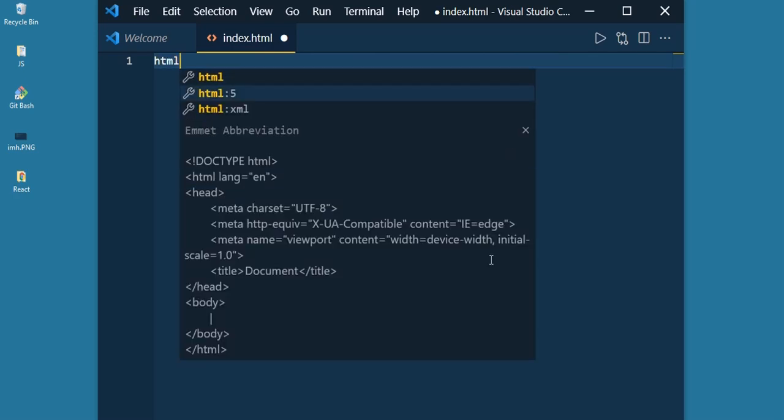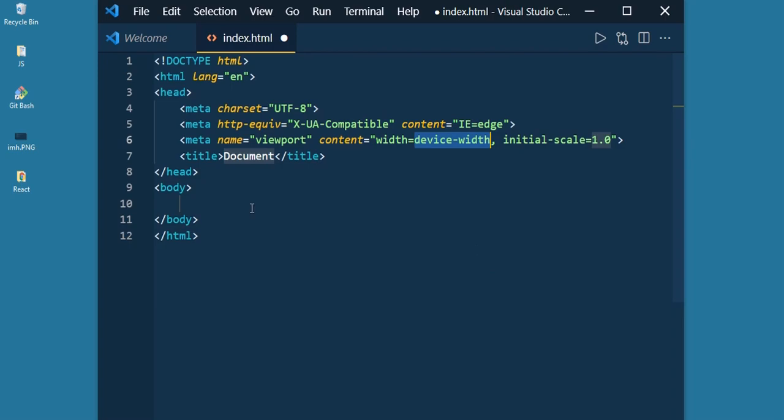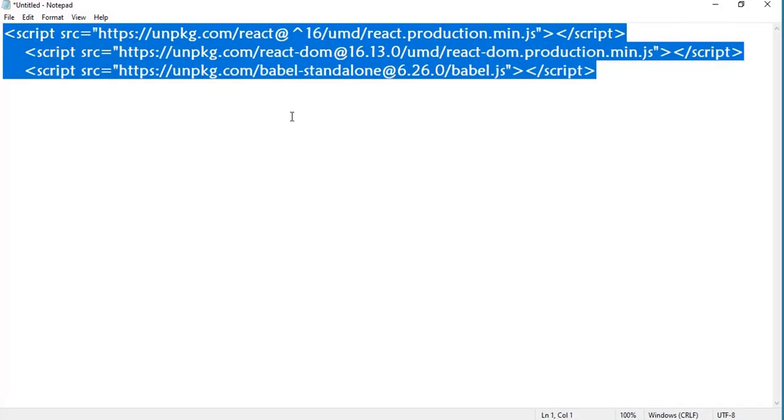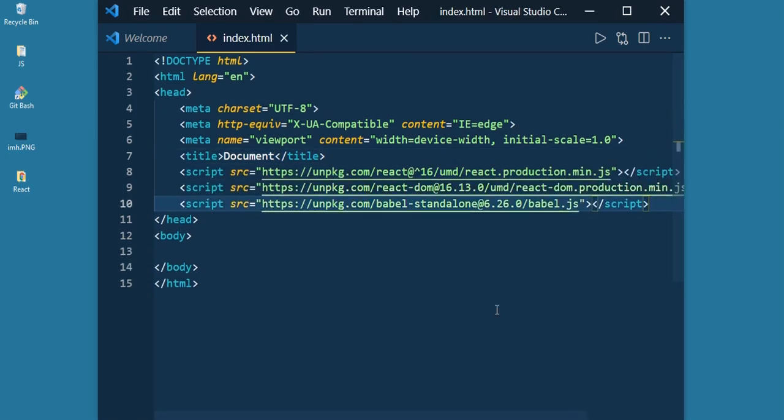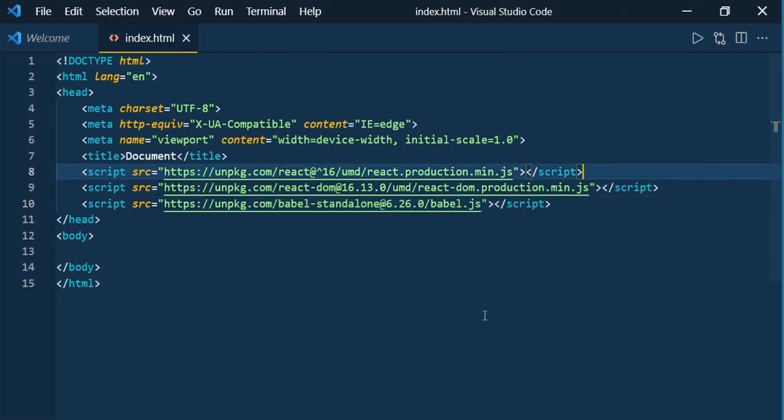So now let's create the HTML. Now we have the HTML code. So we are creating this React app without local setup, so we need to refer to the CDN files of React. So I'm just copying and pasting them. I will mention these links in the description of the video. We just copied and pasted these three files. React provides the top level API, and React DOM provides the DOM methods, and Babel lets us use ES6 in old browsers.